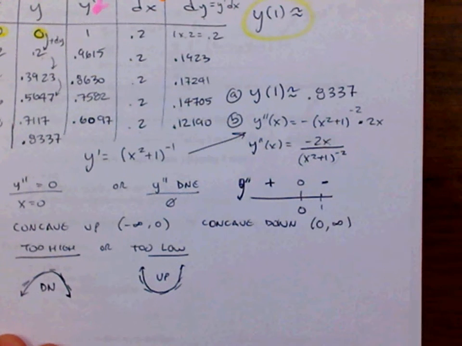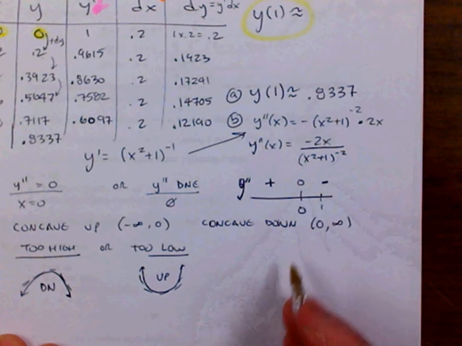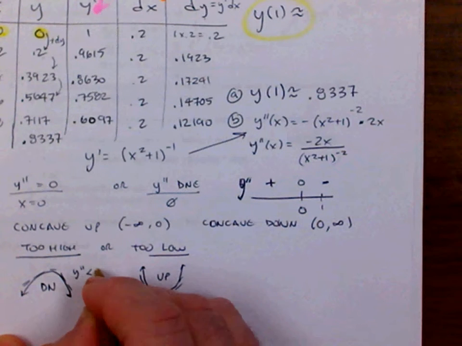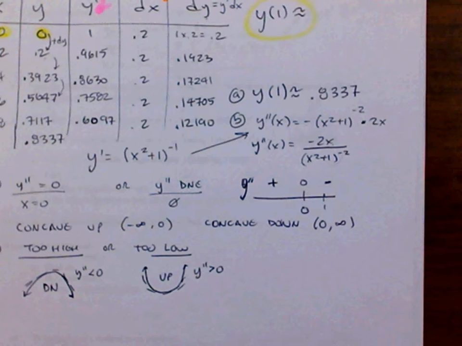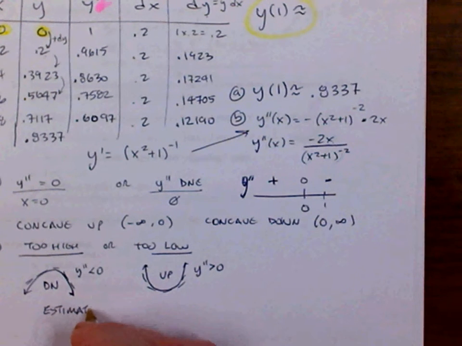At x equals 1, we are going to be concave down. Why do we know we're concave down? Because y double prime is less than 0. When y double prime is greater than 0, we're concave up, which can tell us for sure that our estimate is too high,